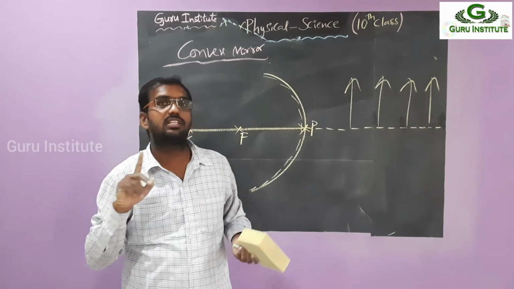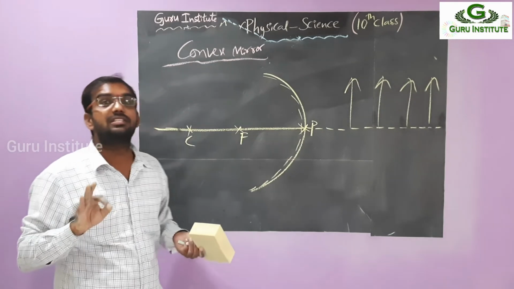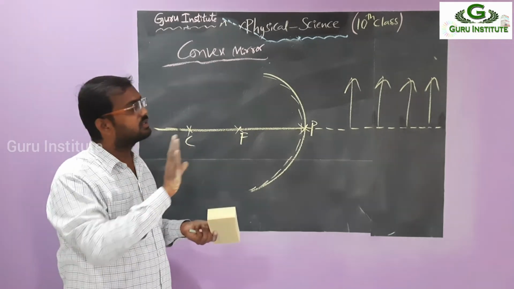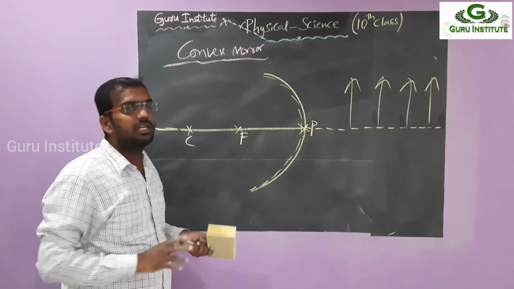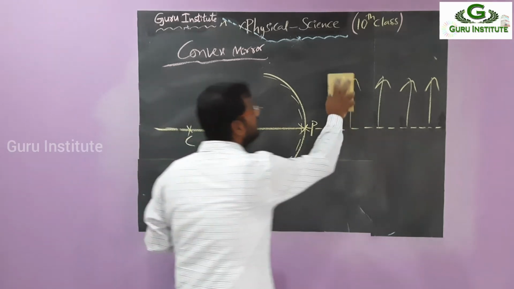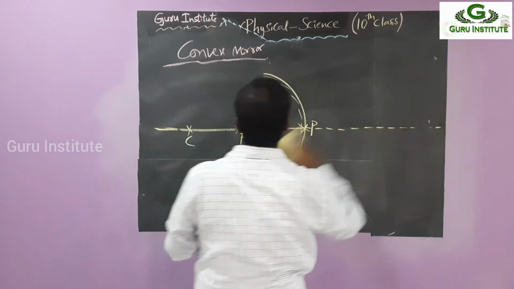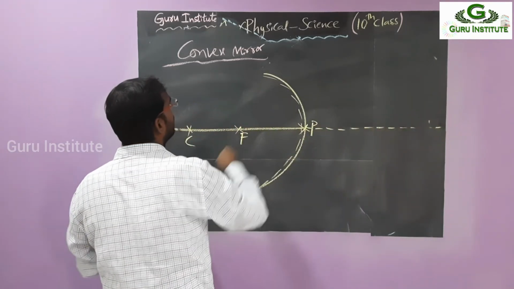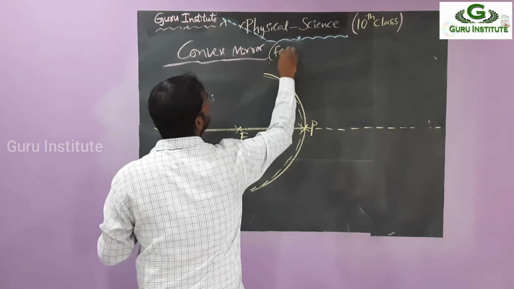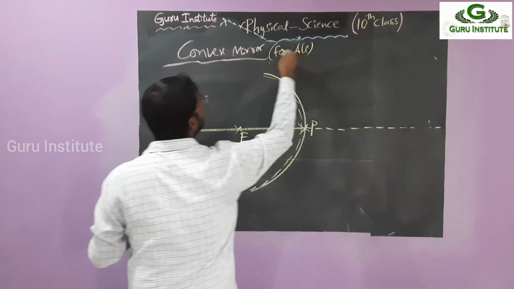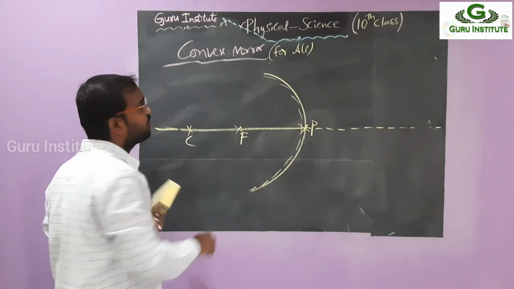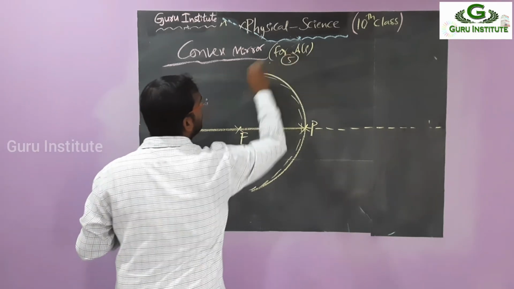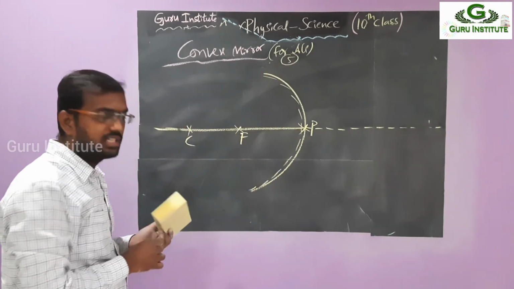But we have seen the last case. What is that? Parallel rays, with the object at infinity. Only the infinity case we can see separately. So for the remaining cases, all are the same. So we take one diagram for all 5 cases, not including the object at infinity. That infinity case we will see later.